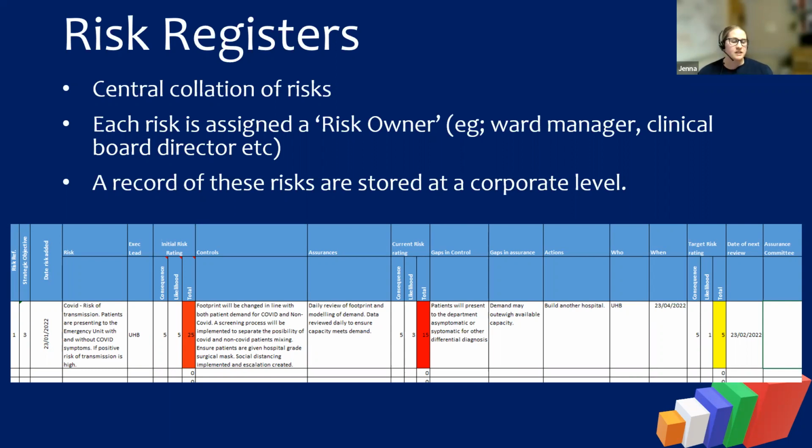So if we know that the seat that's outside that room can only seat 3 people with effective social distancing in place, then what are we going to do if they get to 3 people? What's the next level of escalation? But they're the controls that we can put in place. So that's a control.